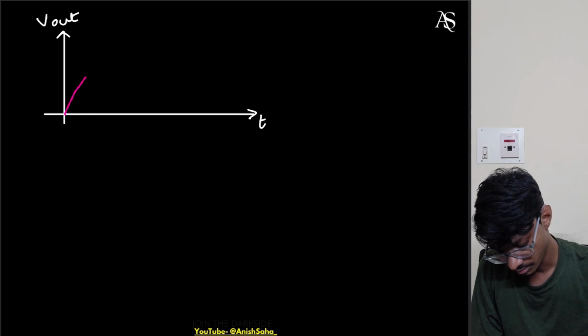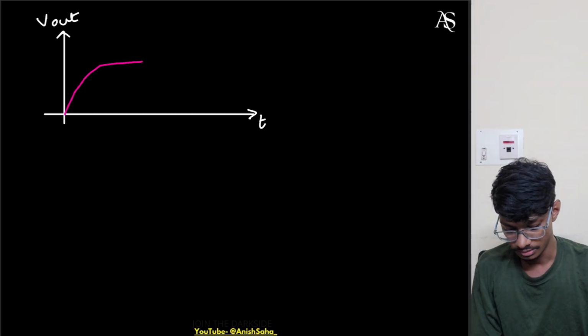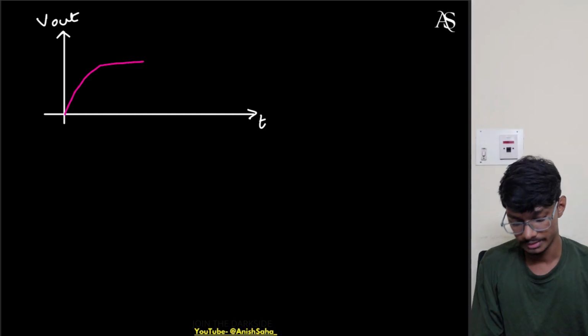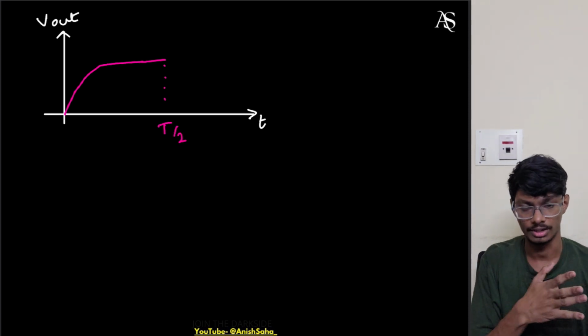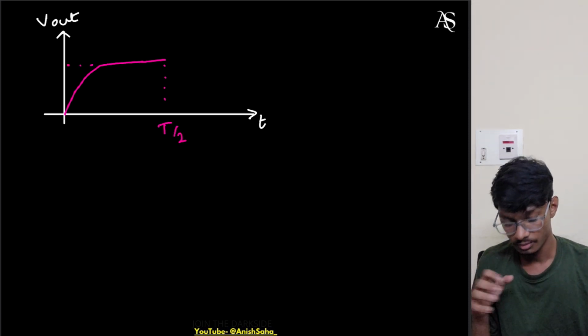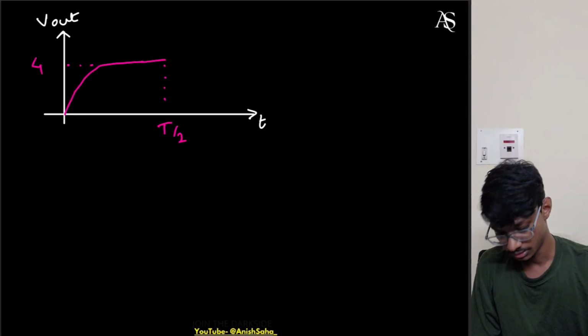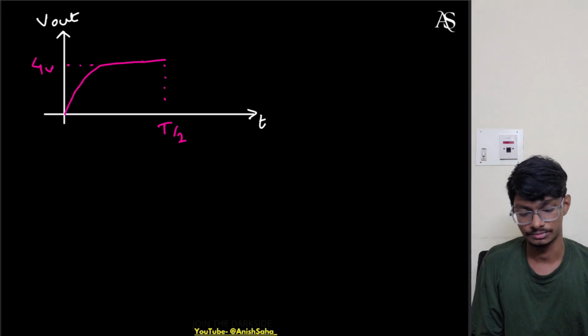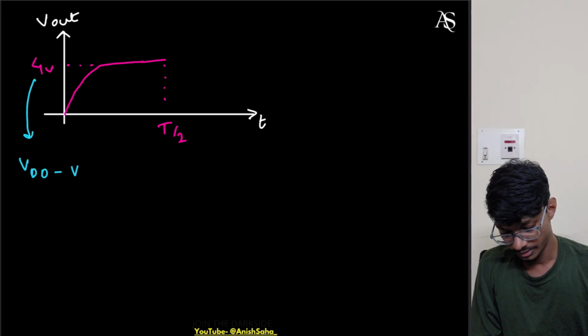Let me draw this bit. Charging is slowing and it reaches steady state. Now it remains constant until T/2. After that we'll see what will happen next. So here, what is the voltage? The voltage is 4 volts only. Now what does this 4 volts mean? Basically this 4 volts means VDD